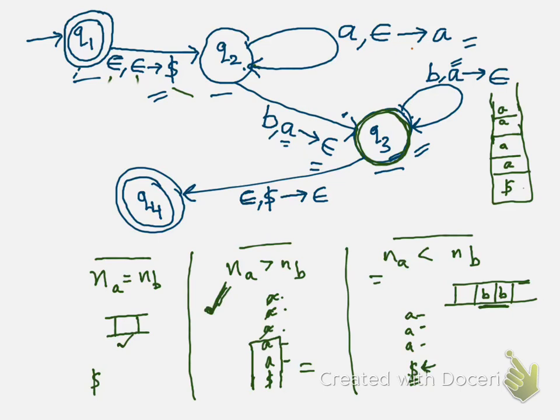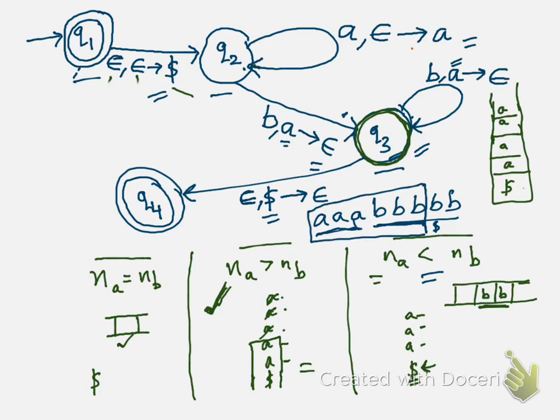Now it can give you an impression that if my string was something like this, let's say A, A, A, B, B, B, B, B, so we have 3 A's and 5 B's. Basically this case here. These 3 A's were pushed on the stack. When we saw these 3 B's, these 3 A's were popped from the stack. After these 3 B's, you will actually hit the bottom of the stack, and I see a dollar on the next B. And as soon as I have seen a dollar, we just move to the final state. So it appears like this string is also accepted by my machine, but it's not so.